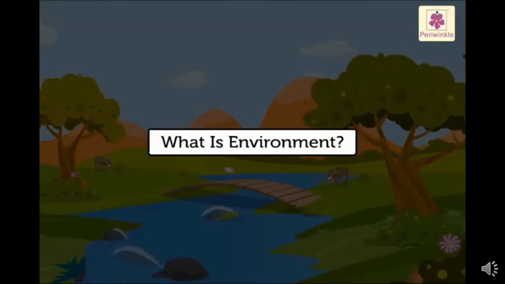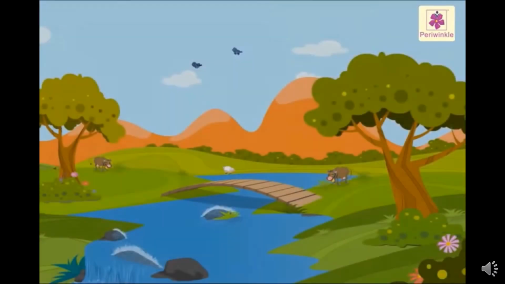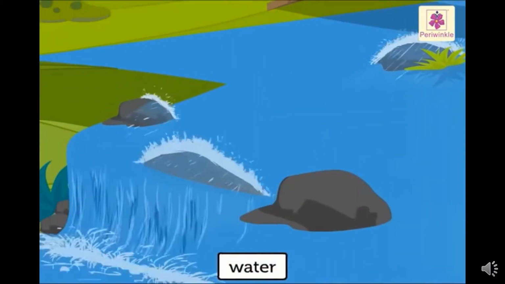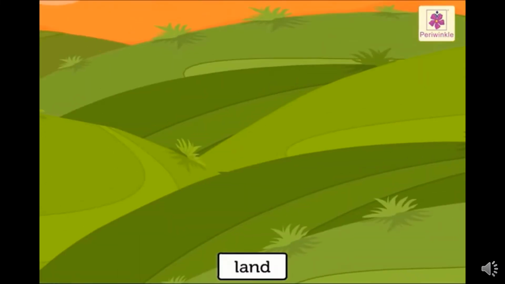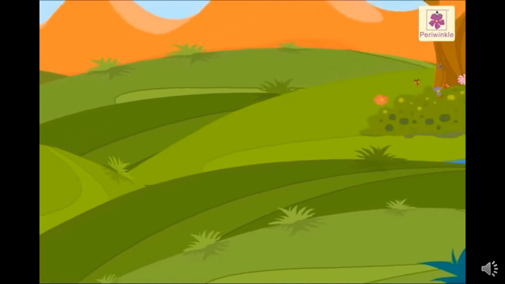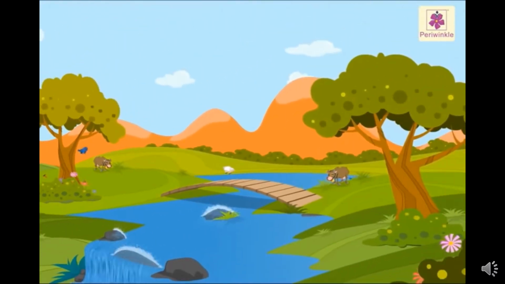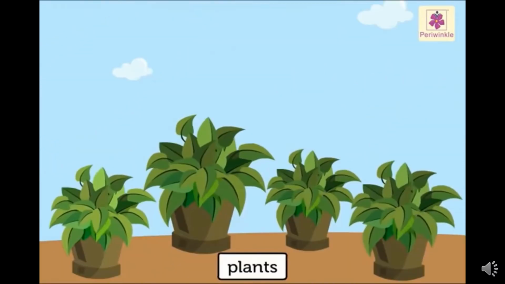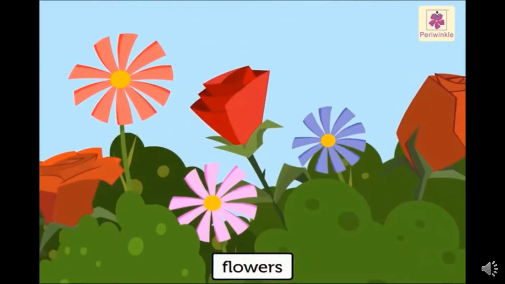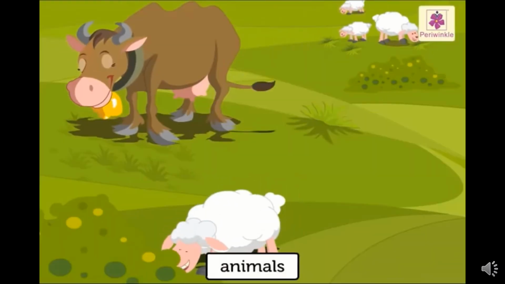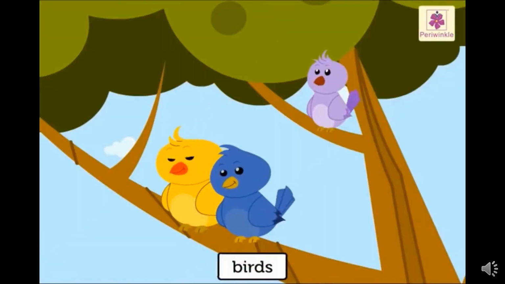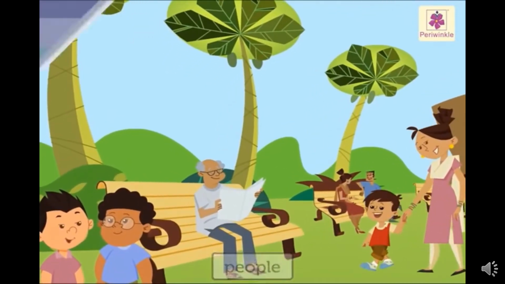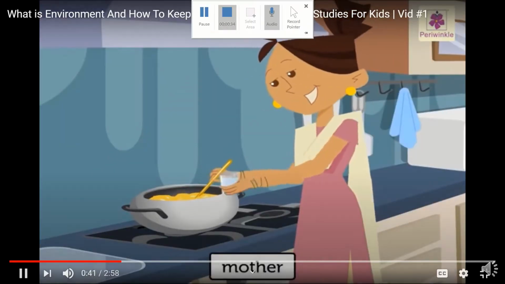What is environment? Environment consists of air, water, and land. It consists of everything we see around, like trees, plants, flowers, animals, birds, and also people. People like mother,